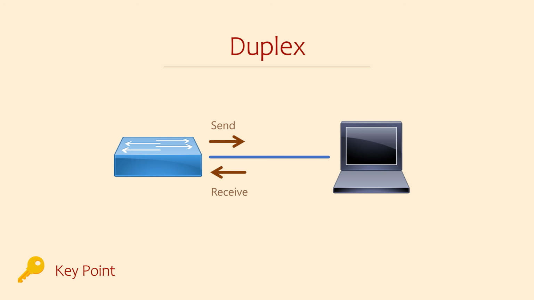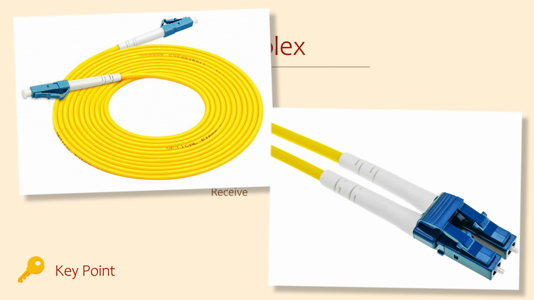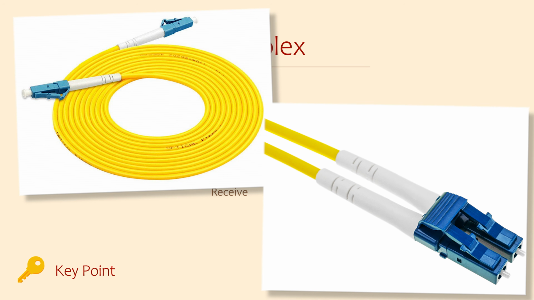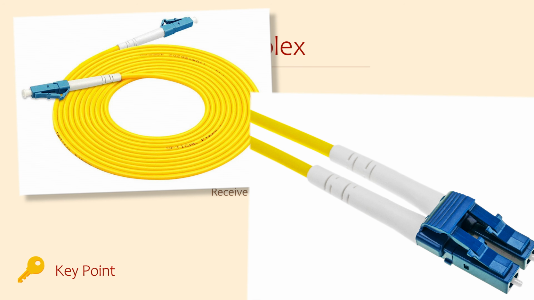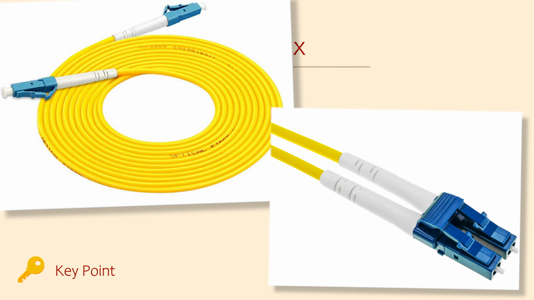When a service provider deploys a fiber service to your premises, which could be for internet, voice, WAN, or something else, they can use either one or two cores of fiber as shown here. If there are two cores, one will be used for sending data, while the other is used for receiving data. That makes it full duplex. On the other hand, they may only give you one core of fiber. In this case, it's half duplex, as it can send or receive, but not both at the same time.